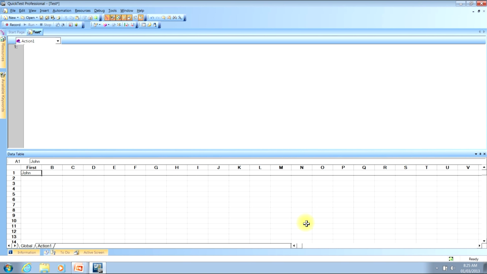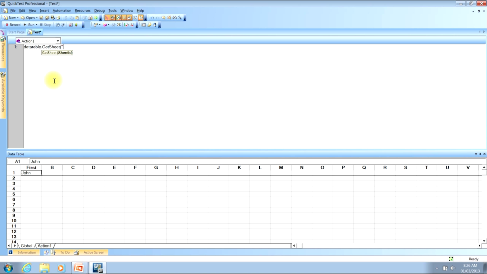To begin, we need to type the word DataTable, then a period. Once you type the period, you'll notice that a drop-down list will appear. There will be lots of options in it, but you need to double-click the entry for Get Sheet. Once you do that, the drop-down list will go away, and the words Get Sheet will now be in your script. You now need to type an open parenthesis,